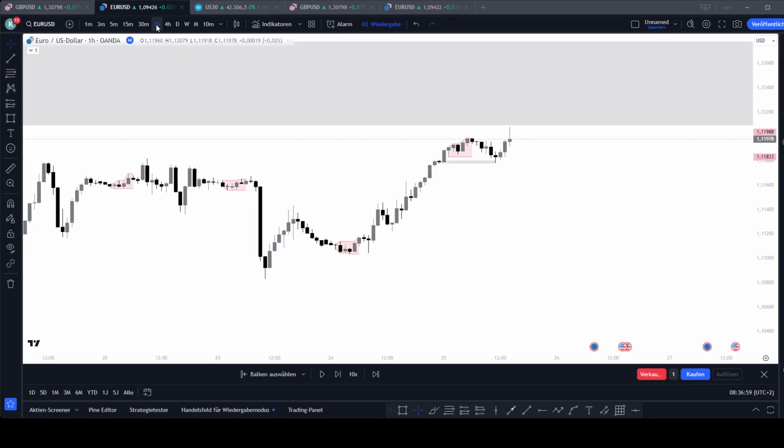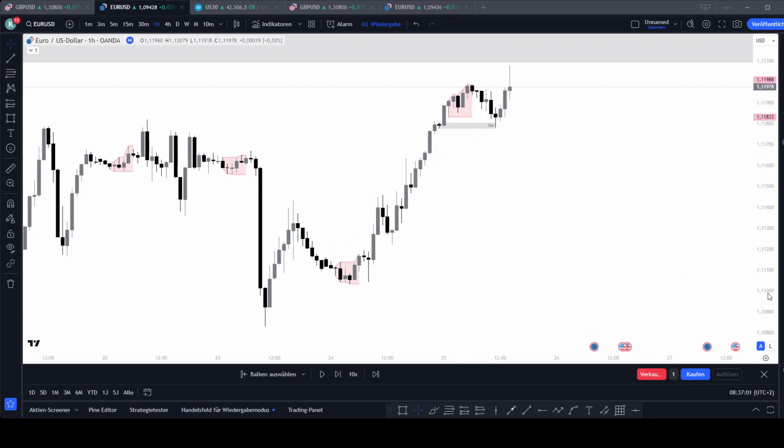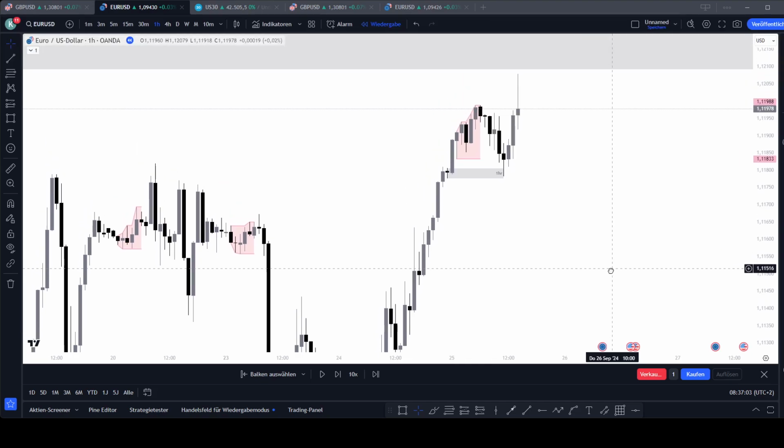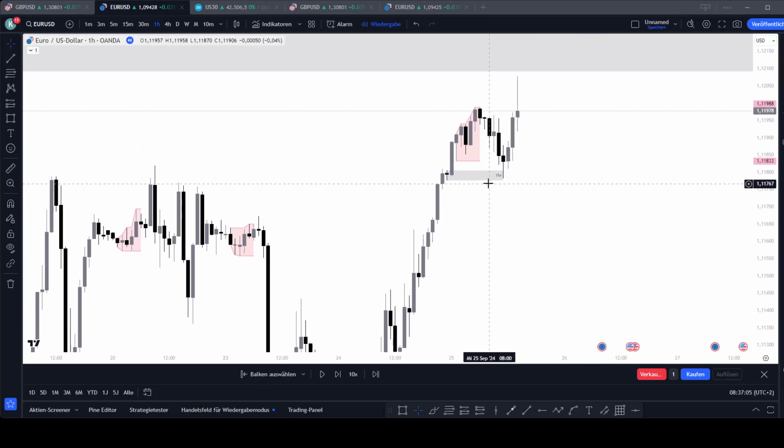I scale down to the 1-hour time frame, and within the 1-hour time frame, guys, remember the concept which I told you guys. Price created this demand zone. You understand, guys? Then created Asian low liquidity and Asian high liquidity. That was what I saw when I looked at the charts. Price created this demand zone, created this Asian low liquidity and this Asian high liquidity. Okay, and then before price started dropping,